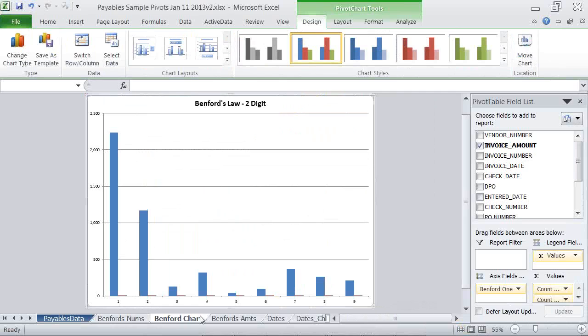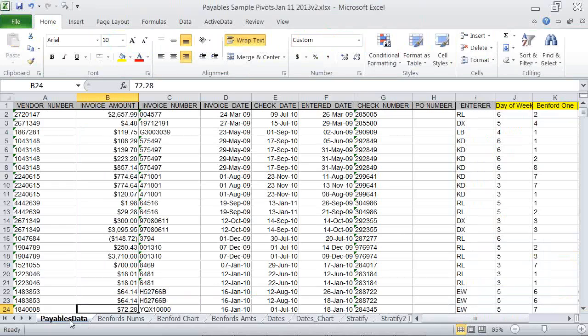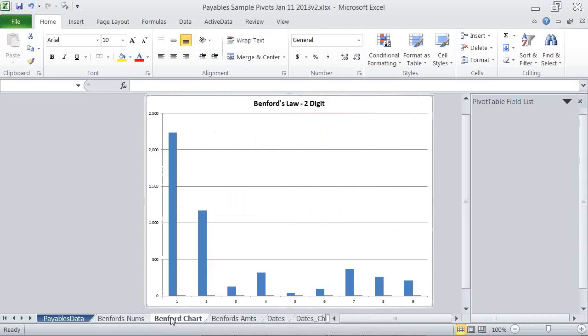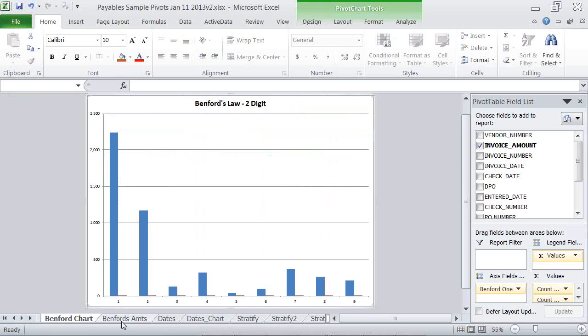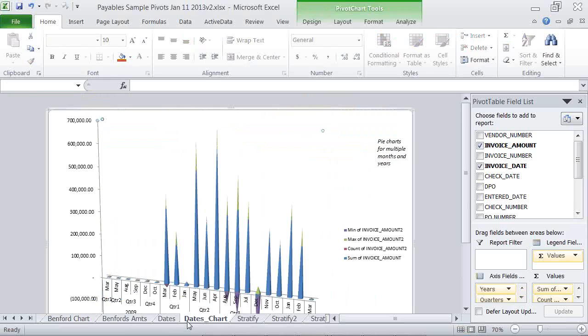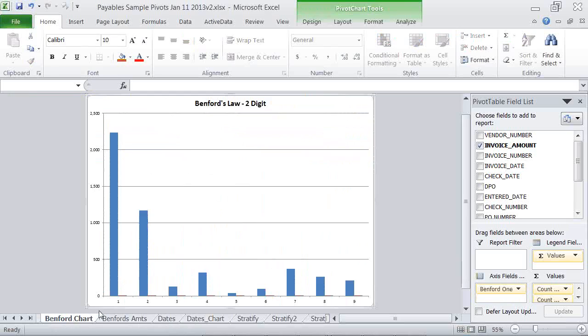So this may be a way for you to document anything basically that's blue and has data after it. I know is the full raw data from a nomenclature point of view, and then anything that just has a name to it is in essence something that is more of a calculation. But anything that has chart at the end of it would be an actual chart. And there's ways to organize this better, maybe put all your charts together, or however you want to do it, to present things.